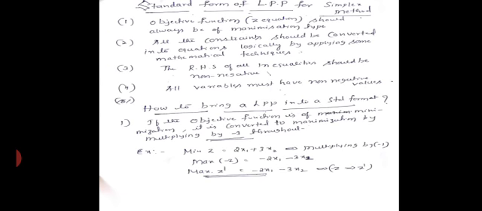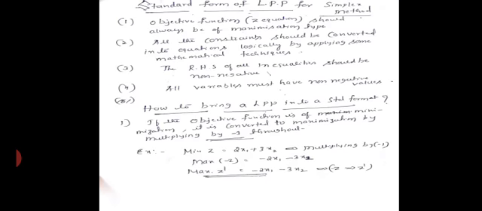That is nothing but the standard form of LPP for the simplex method. I told you that in this video class we are going to discuss some of the important methods. The first one is the simplex method. For the simplex method, you have a standard format. The objective function defines the quantity to be maximized. The Z equation should always be of maximization type.